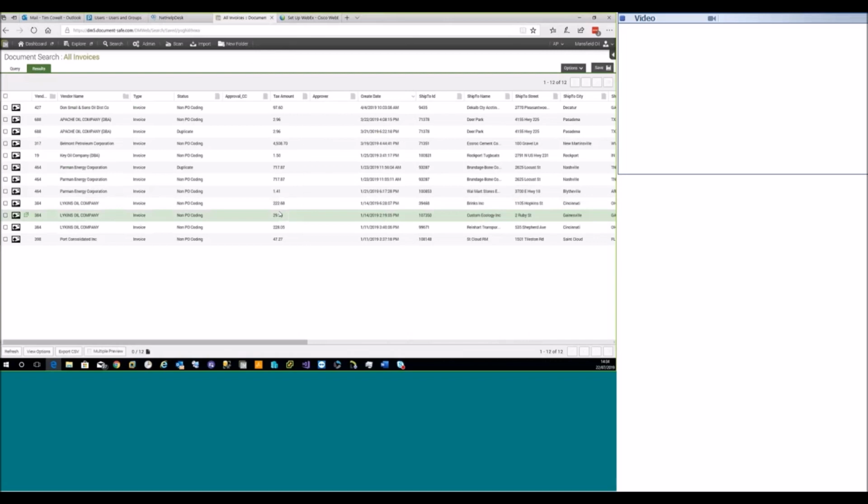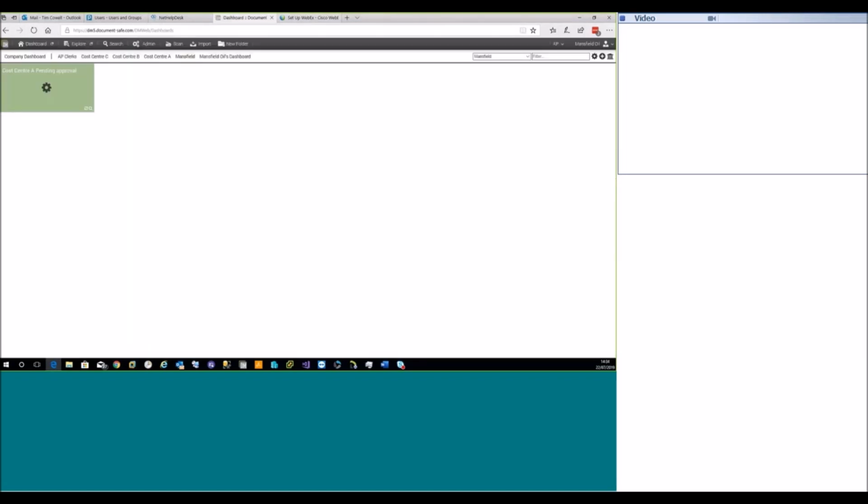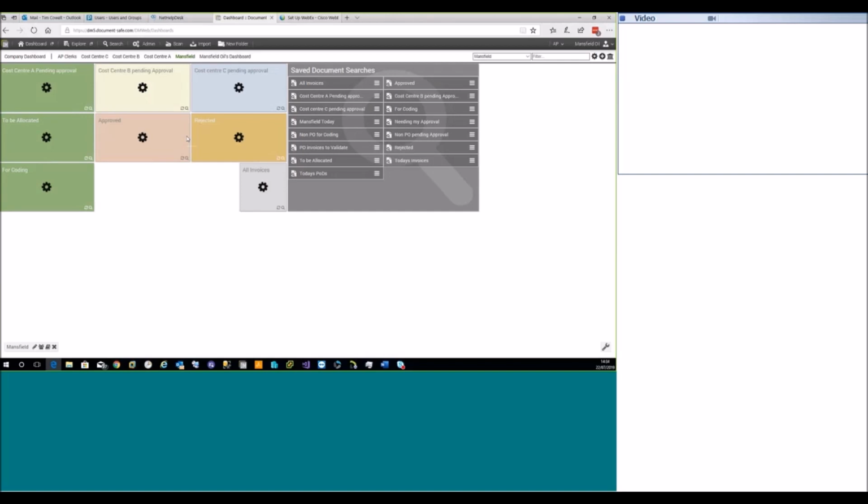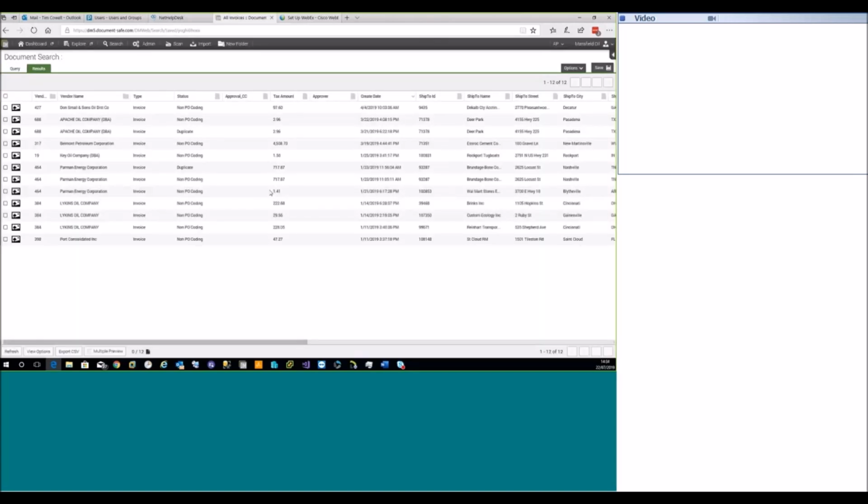So if we go back to the dashboard, I've created a number of pin searches around different statuses. And I've got one here that shows me all invoices. There's a number of statuses here, and if one of these is for coding, it's showing I've got 10 invoices that are waiting to be coded. So I go to all invoices. This gives you an idea of